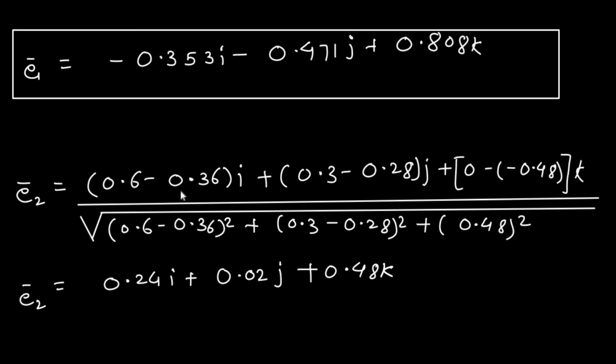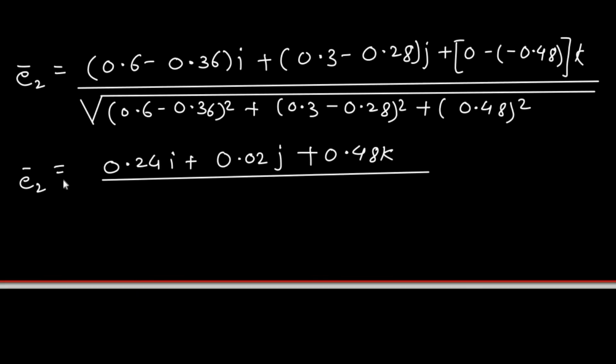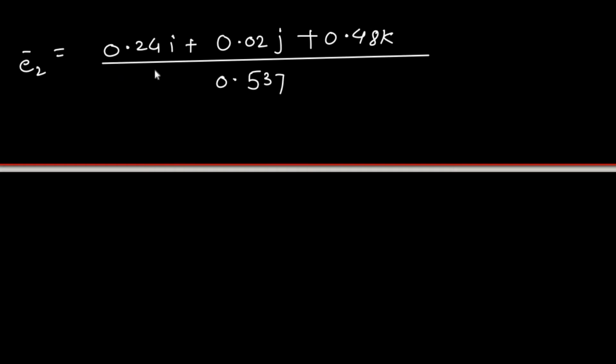Okay, that is 0.6 minus 0.36, we are getting 0.24. Okay, 0.3 minus 0.28, we are getting 0.02. So similarly we are calculating all the quantities, and divided by the value of this under root, which is coming 0.537. So after dividing this quantity by 0.537, we are getting the unit vector along that direction as